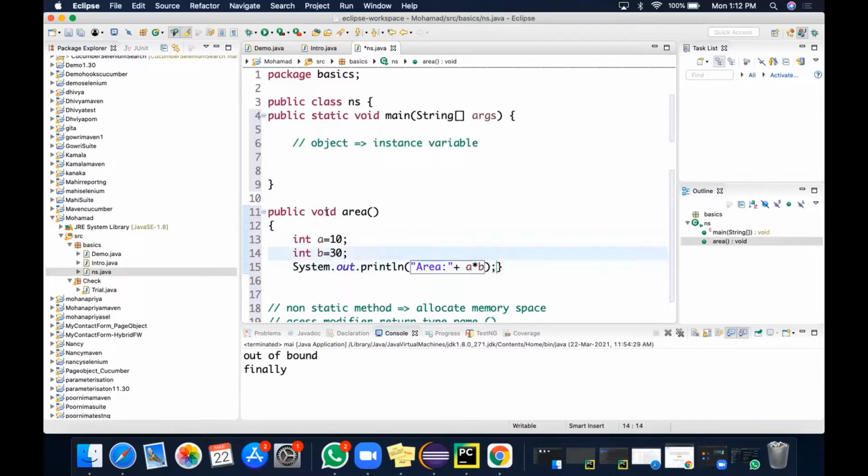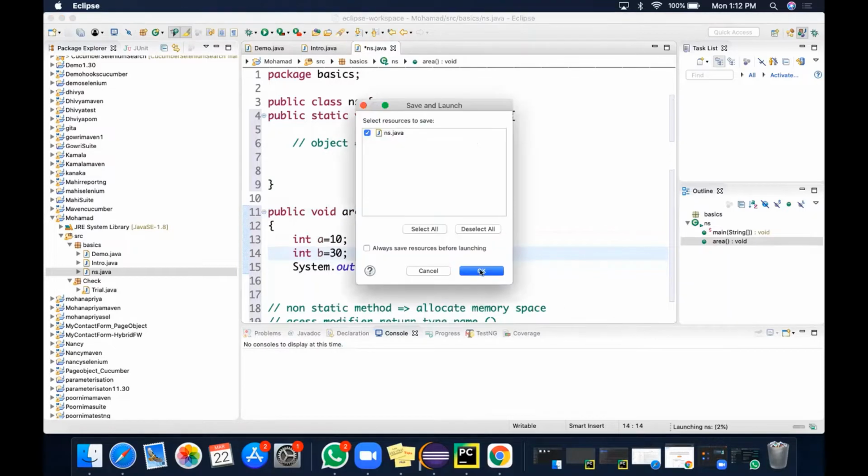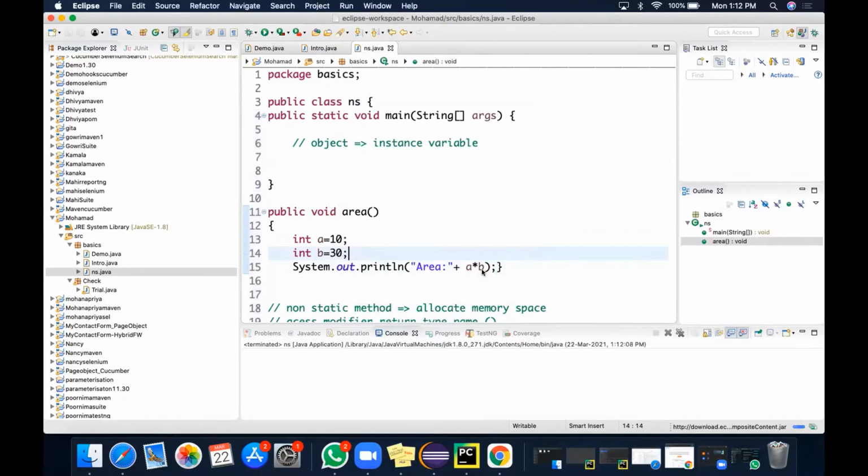So we are passing variables inside it, and if I am running this code, I won't be getting output because it has been created outside the main method. I have not properly called them in the main method. So now I am going to create it. So first step is creating an object. New keyword, then class name, then function bracket. So this is the part where object is created.